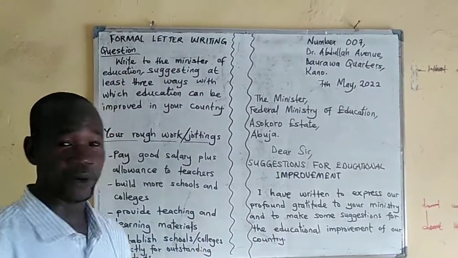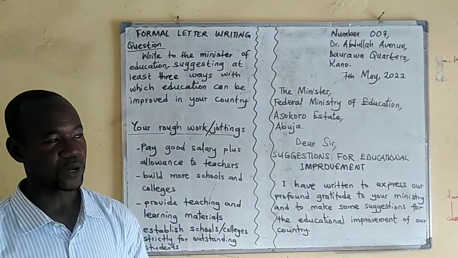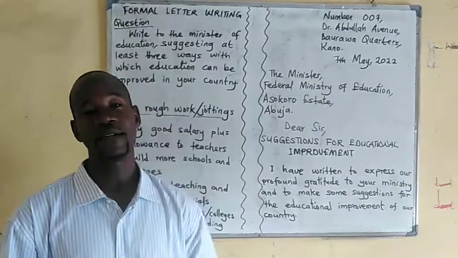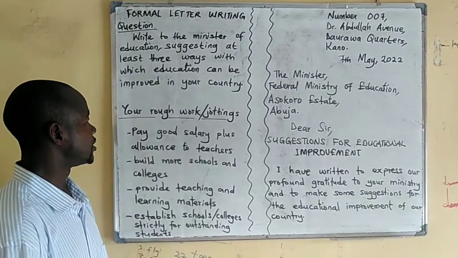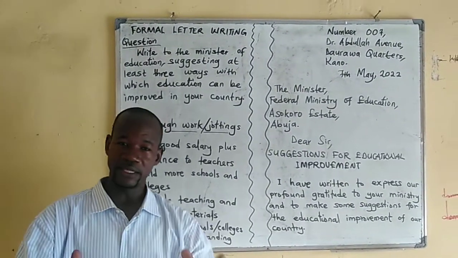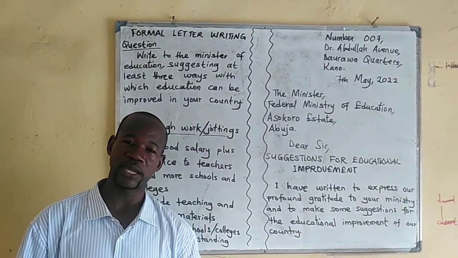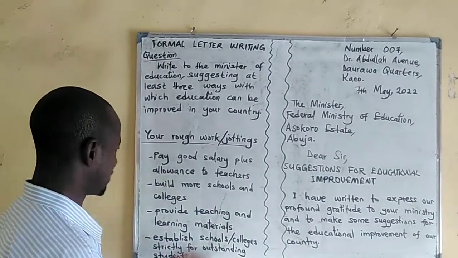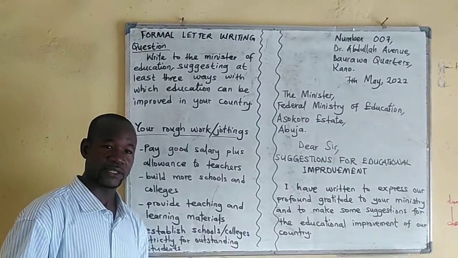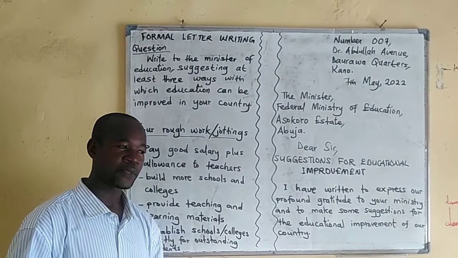Let's learn from the board. Formal letter writing. We are going to use a particular question, and as you can see on the board, the question is: write to the Minister of Education suggesting at least 3 ways with which education can be improved in your country. Listeners, as you can see on the board, my suggestion to most students is that anytime when you